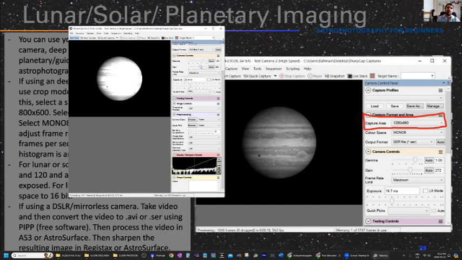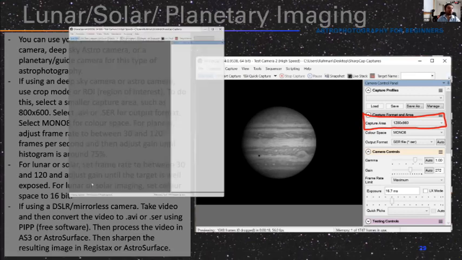You don't want that. So for planets, you generally want your histogram to be somewhere around the 75% mark. That'll give you a nice, well-exposed image for the planets. Now, for different planets, you can play around to see what gives you a good value, but 75% I found is roughly a good value. So there we go. I'll close this out.